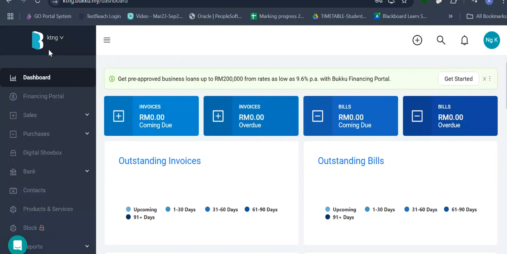Like in this Buku, right? I didn't spend very long time to understand the system because I already have experience of using other software and I know what they're doing. And I find that Buku is even easier, more convenient. It's not because I'm using this that I'm talking good about this, but Buku is relatively a new software, I would say, as compared to UBS accounting, MYOB, QuickBooks. All these are very old software.